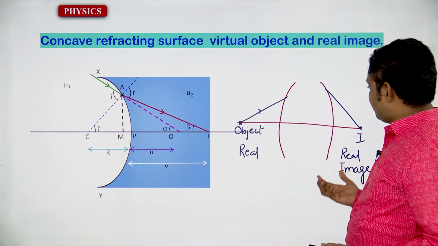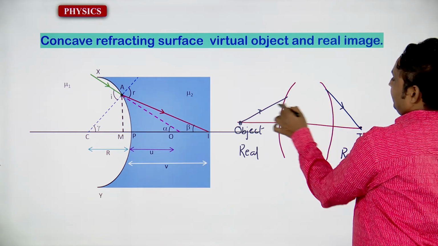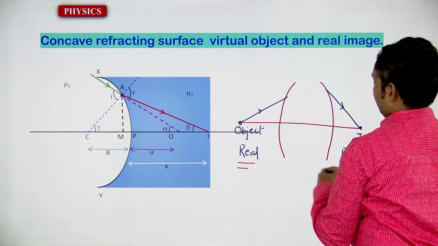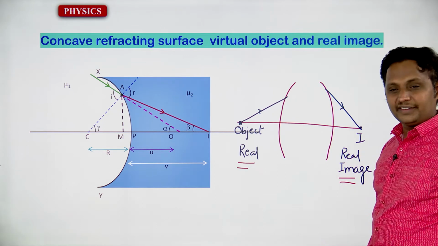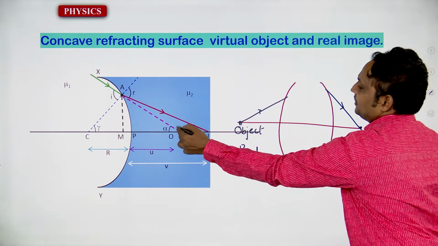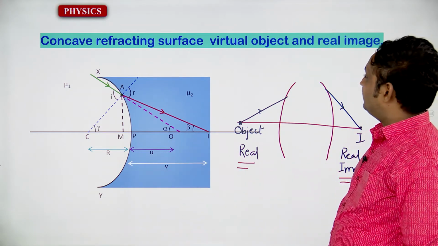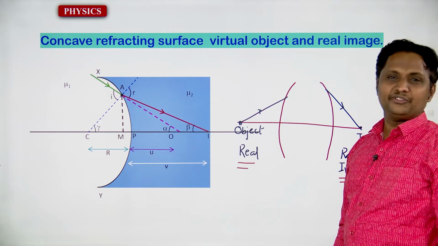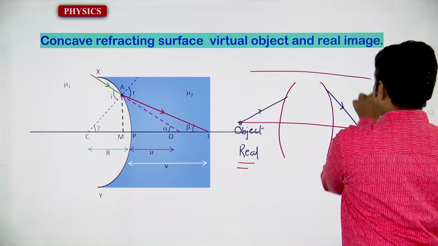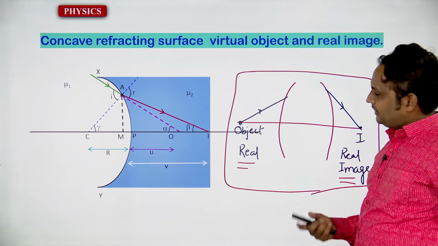Now it is very clear, you have to confirm this way: this is the refracted ray, this is the incident ray, this is the real object, this is the real image, easily you will find it. But in this case what happened, it's going to be a real image and the object is going to be virtual, it's very clear, right. In this way we can understand in a better way. So at the initial stage we are going to consider this diagram, it's better for you, all right. After that we will go for